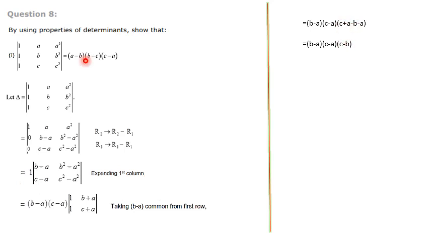Then we are getting the result as b minus a into c minus a into c minus b as the balance. But when you compare, we want a minus b, then b minus c, then c minus a. Only c minus a is here, but a minus b is not there, instead b minus a is there. So we can take one minus outside from b minus a as well as from c minus b. If I take a minus outside from here, it becomes minus of a minus b into c minus a, which remains the same, and from this c minus b if I take minus outside, I will get minus of b minus c. Now minus minus becomes plus. Finally we have got a minus b into b minus c into c minus a.